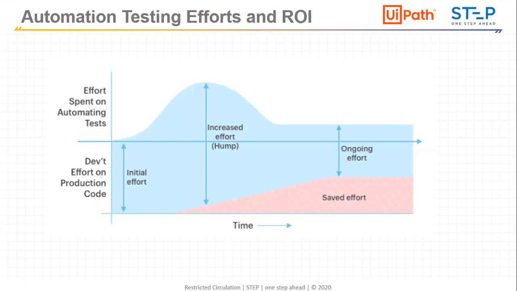That can be accommodated in the framework, and by using the framework we can see how maintenance will be easy. So this is the effort, and then it will be a smooth ROI the client will be getting. And definitely if we give good ROI to the clients, our clients will be happy, and we will be getting multiple projects as a company. So this is the automation testing efforts and the ROI.